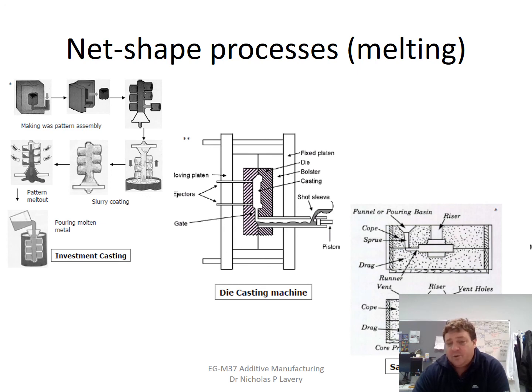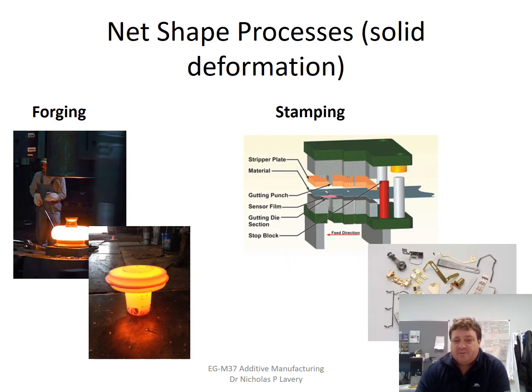Sand casting is quite craftsmanlike, but even some interesting aerospace alloys will get done by sand casting, and you'll have a cope and drag, which is called the top part and the lower part, and you'll have green sand, which is fashioned out very similar to a certain extent to investment casting. You basically form an internal cavity through which you pour metal into the basin or funnel, and it comes down these sprues, and then it rises up through the riser, and this part here is the component which is then taken out, and you need to remove the additional metal. Yields anywhere between 40 and 60% means that there is quite a lot of material that needs to be